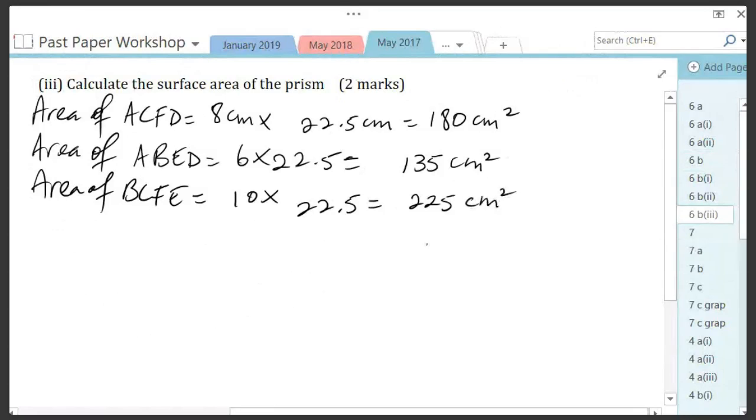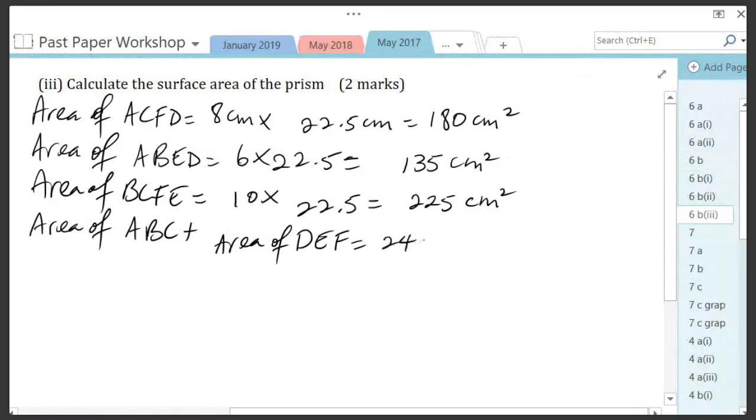All right, so area of ABC plus area of DEF, these are the two triangles, is 24 cm squared multiplied by 2. So this is 48